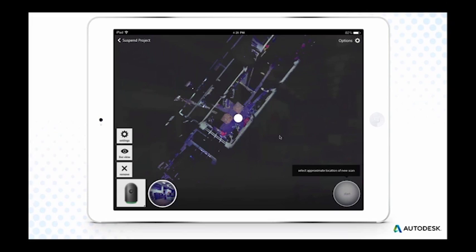But given how busy those construction sites are, we really couldn't expect someone in the field to go through some of the complicated point cloud registration workflows that you may be familiar with in some desktop applications today. That's just too much of a cognitive load for someone in the field, and the interface really isn't designed for some of those complicated registration workflows. This had to be as simple as possible,